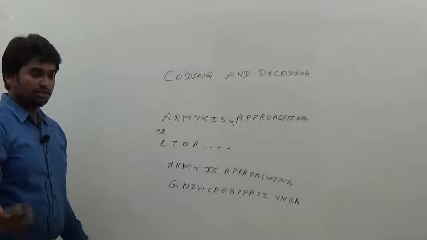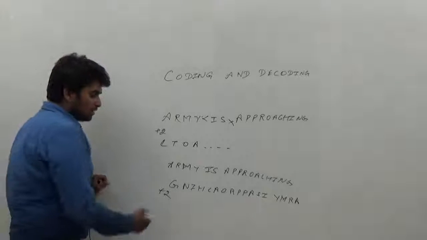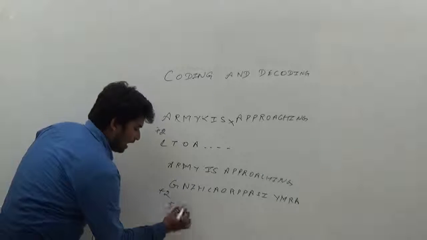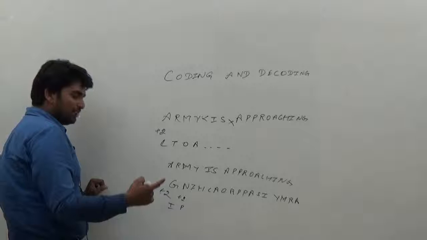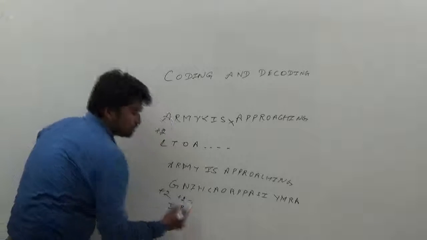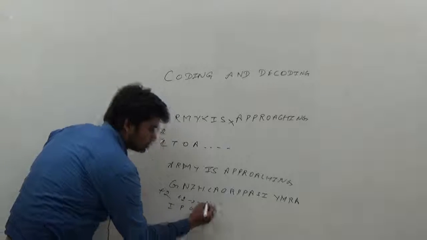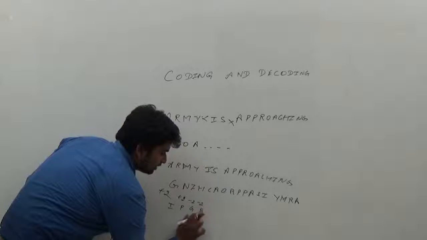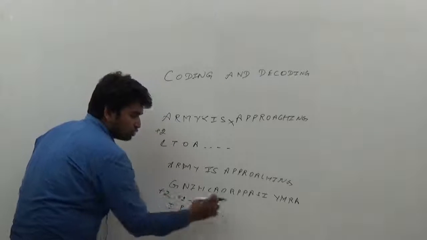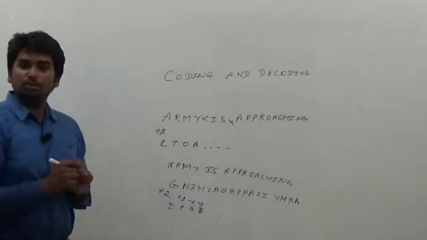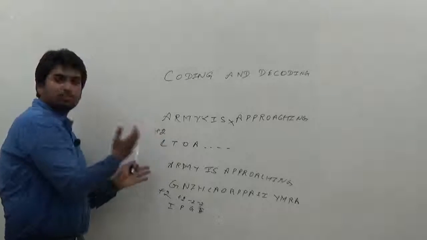Now if I have to complicate it further, I just have to add +2. It becomes difficult. G + 2 is nothing but I. P + 2 for here. Now if I have to make it really difficult, then I'll do -2. Here the code will be G, again -2, F, and so on. What I'll do is 2 letters +2, 2 letters -2, 2 letters +2, 2 letters -2. That becomes a different code for me. That is one kind of coding, where we alter the letters of the alphabets.